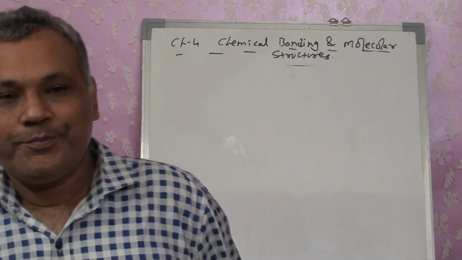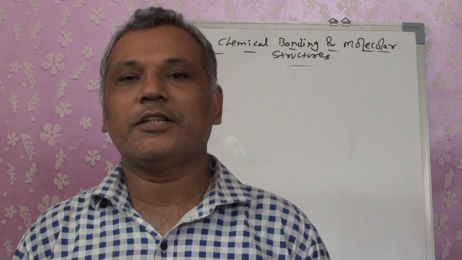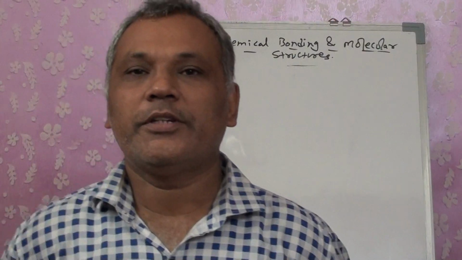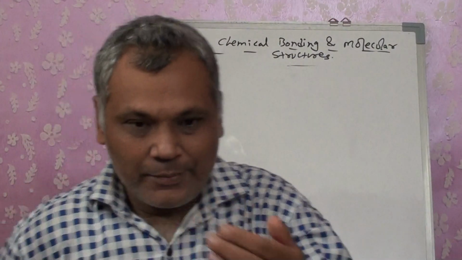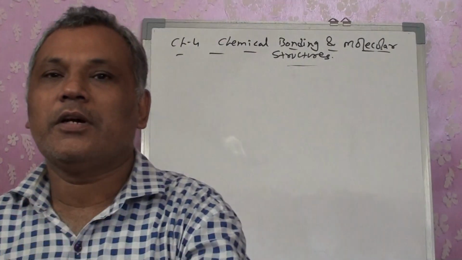For the virtual classroom, we are studying the fourth chapter. In our first lecture, we saw certain things related to covalent bonds, and that it is only one of the properties of how bond formation completes the octet. Already in my first lecture, I told you that these topics go randomly in these chapters. Certain factors will come first, then we study another one, then we come back to another one. Like that, we studied covalent bonds.